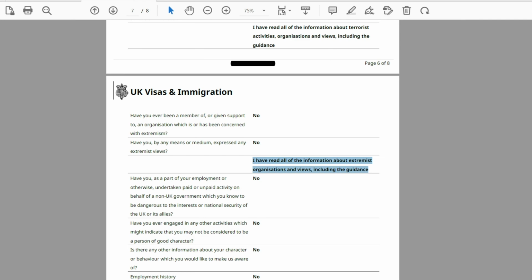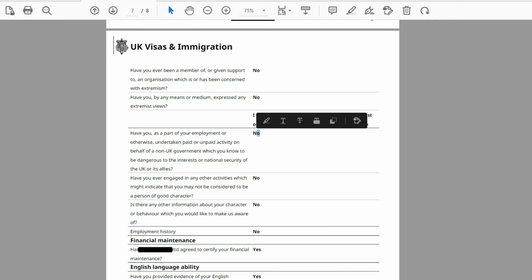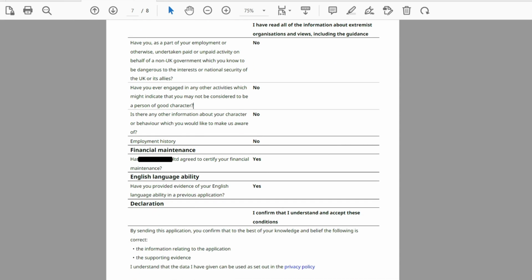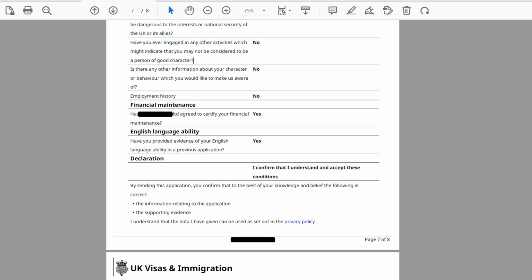So, for example, with non-UK government, so no. Everything you mentioned, basically no. Okay, so these are the basic questions about your personal character, any bad character? No, no. Okay, now let's discuss the financial maintenance, the most important part. Okay, so financial maintenance